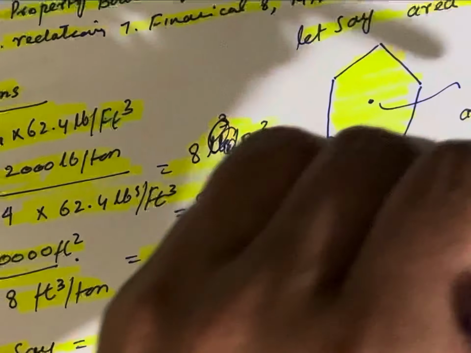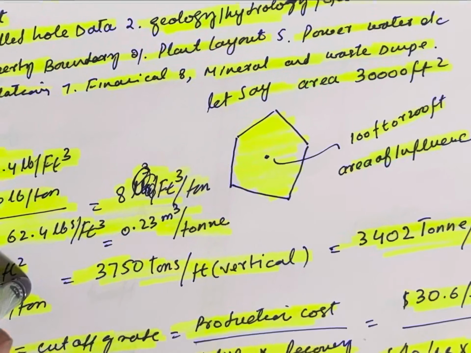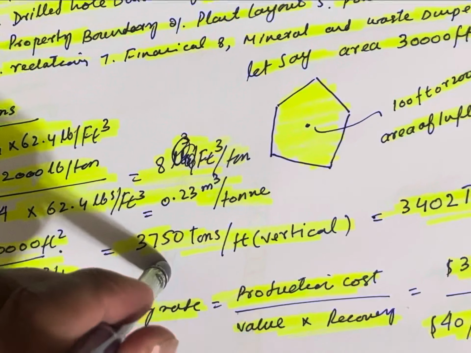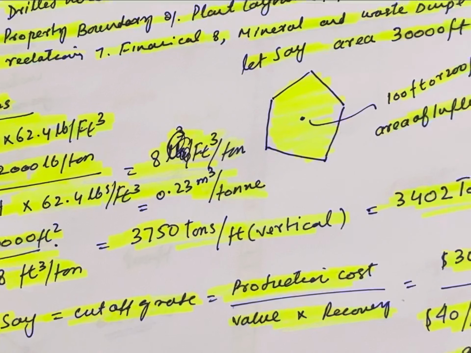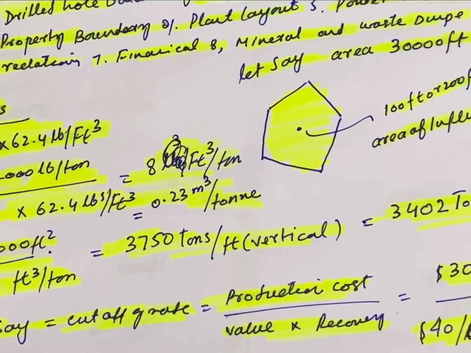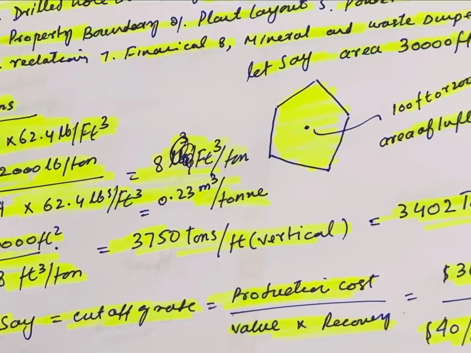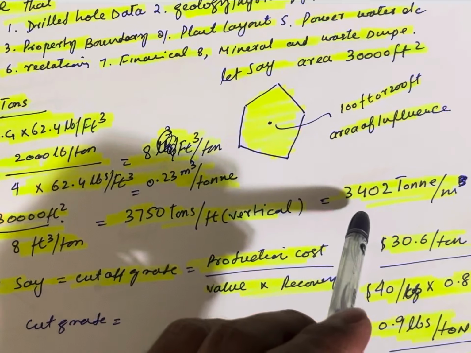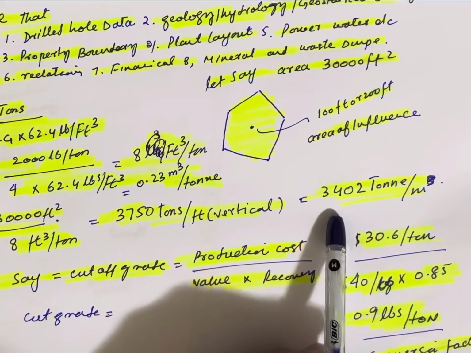The second one, let's say the whole area is 3,000 feet square. So 3,000 feet square divided by this tonnage factor, 8 feet cube per ton, we got 3,750 tons per feet vertical. Per foot we got this tonnage. Let's say in 1 foot we have this many tons of the iron ore, and let's assume oil sand. When we convert this tons to pounds to the other tons, tonnes, it's got 3402